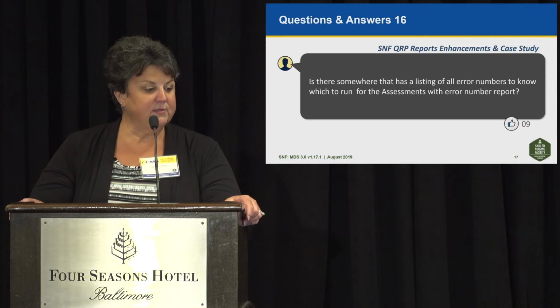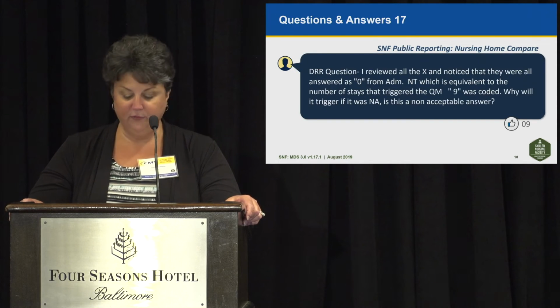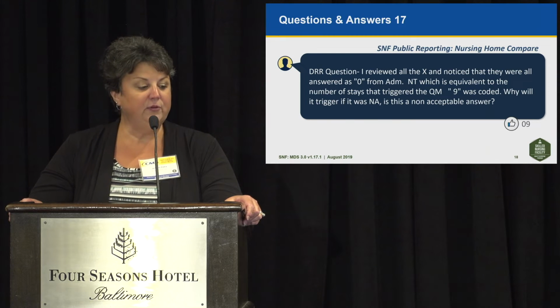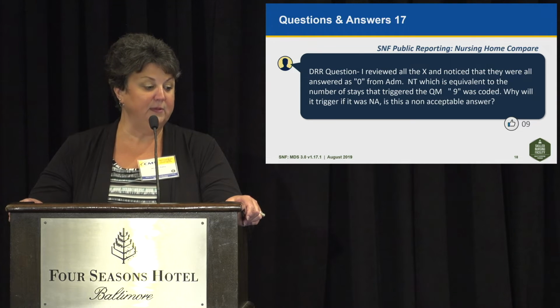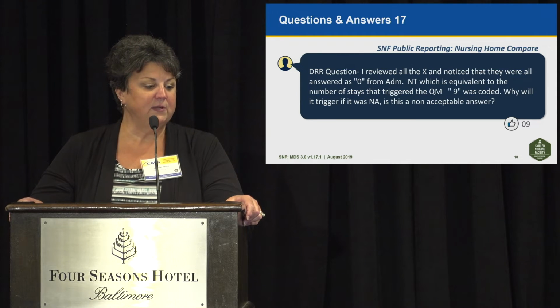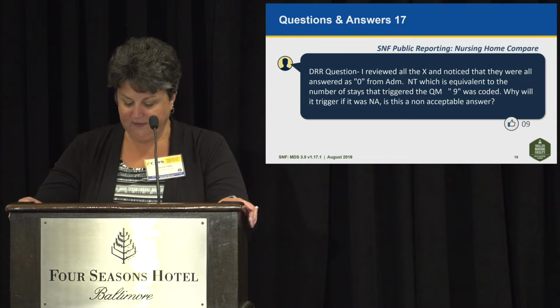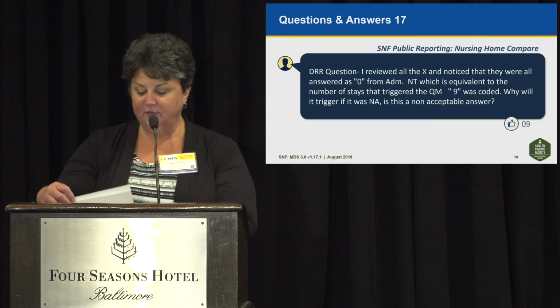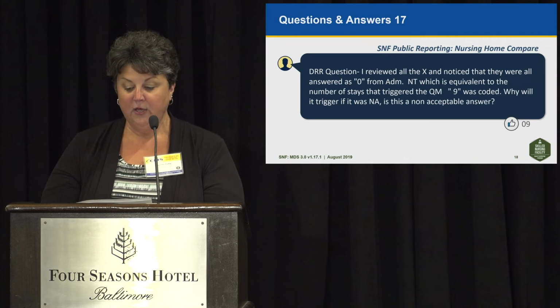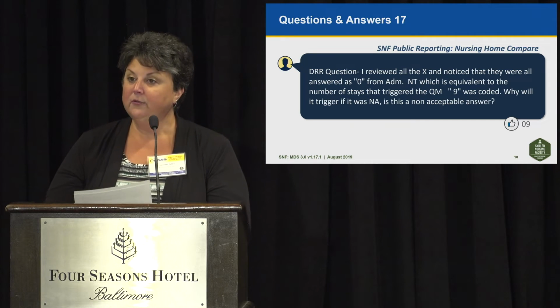The next question is a drug regimen review question. I reviewed all of the residents and noticed that they were all answered as 0 from admission. NT, which is equivalent to the number of stays that triggered the QM, 9 was coded. Why would it trigger if NA? Is this a non-acceptable answer? And the answer is, we believe you're referring to the SNF QRP review and correct report for the drug regimen